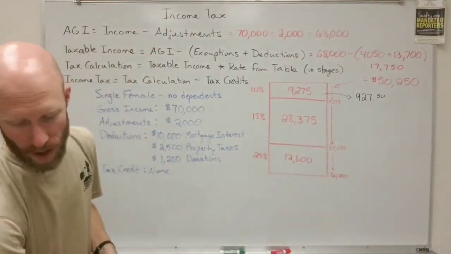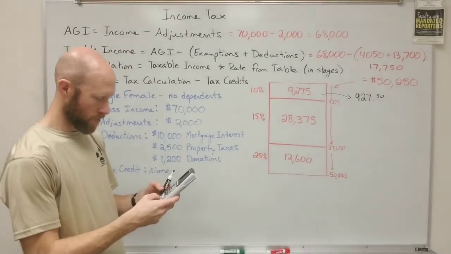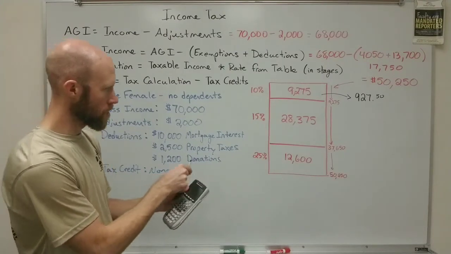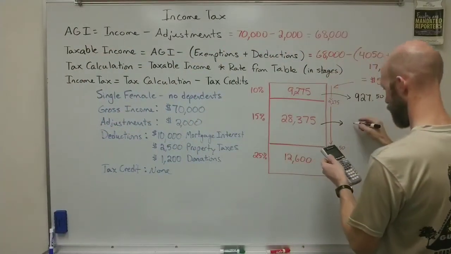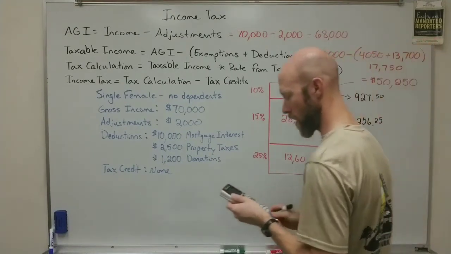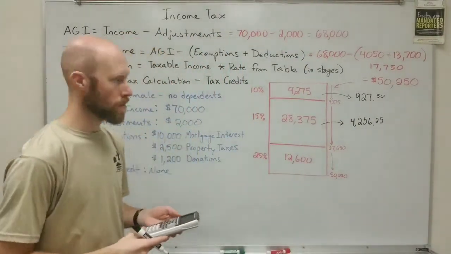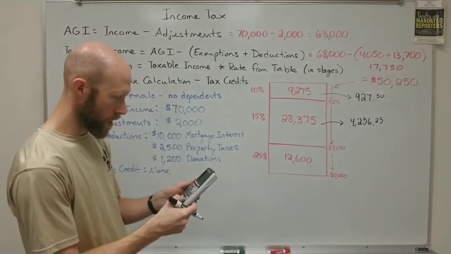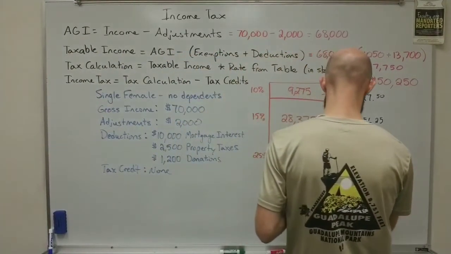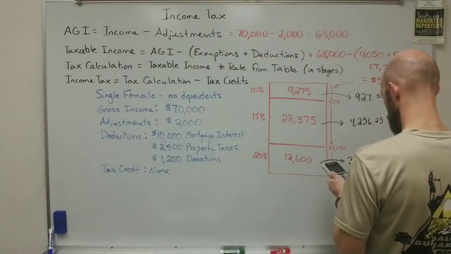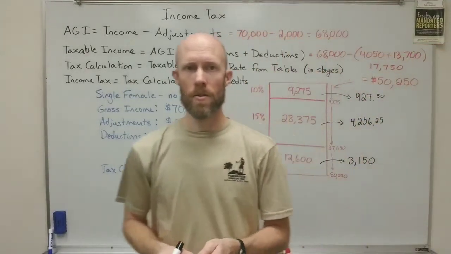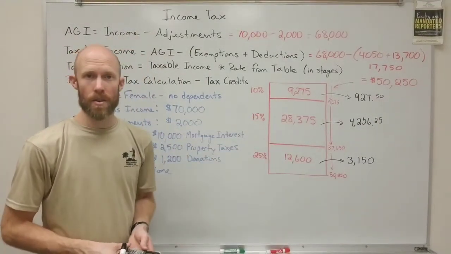15% of $28,375, well, that one I'm not doing mentally. 0.15 times 28,375 is $4,256.25, and you can double check these calculations with me. And then down here we've got 0.25 times 12,600, and that should be 3,150. All right, so those are our 3 values, and if I add those 3 values together, that will give